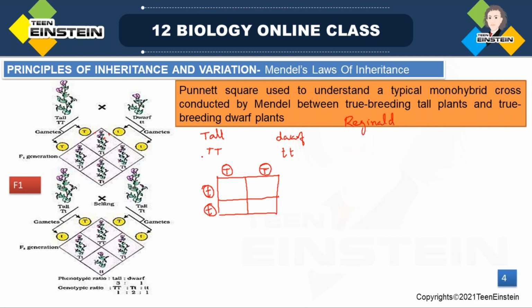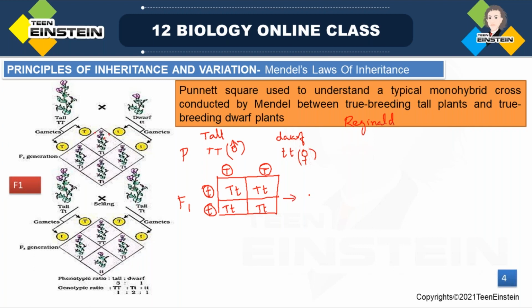And here, the male parent is this, the male symbol, and this is the female symbol. Okay. So here this possible combination is capital T, small t. And from the top, you can use this combination, capital T, small t, again. This is another combination, capital T, small t, and next, capital T, small t. This is the F1 generation combination. These are parents, and this is the F1 generation combination.